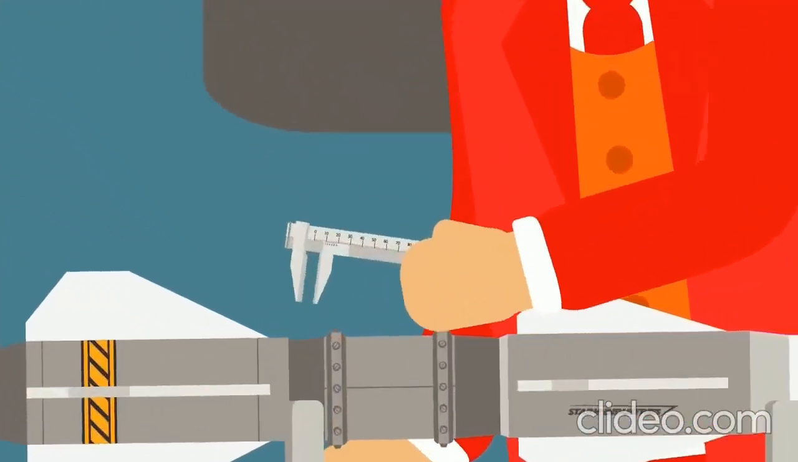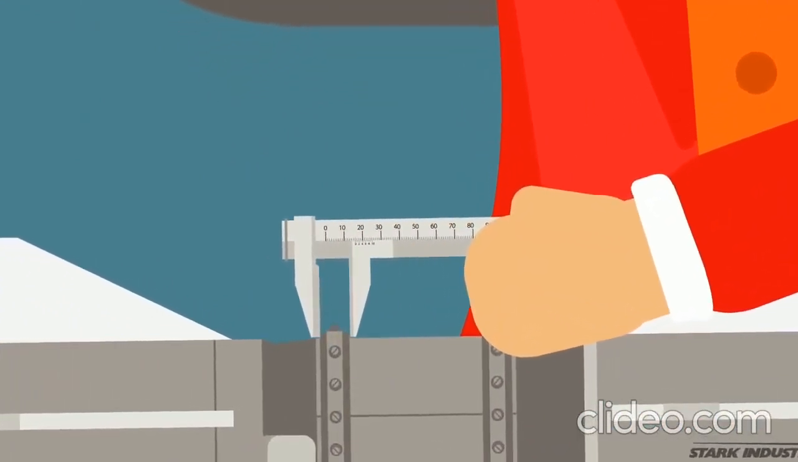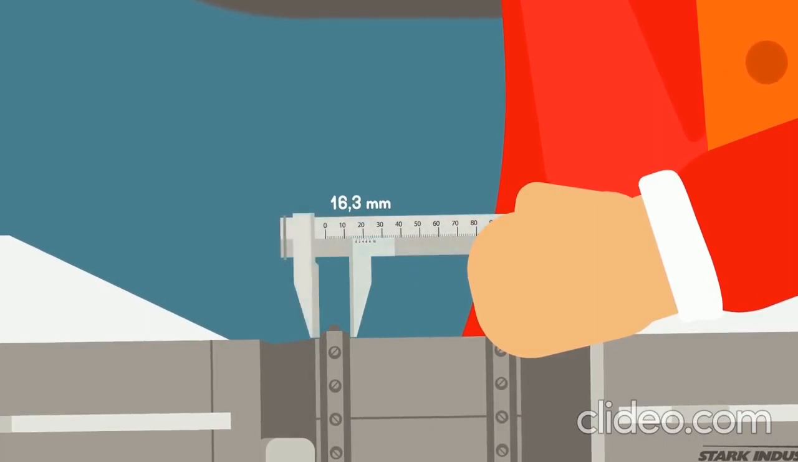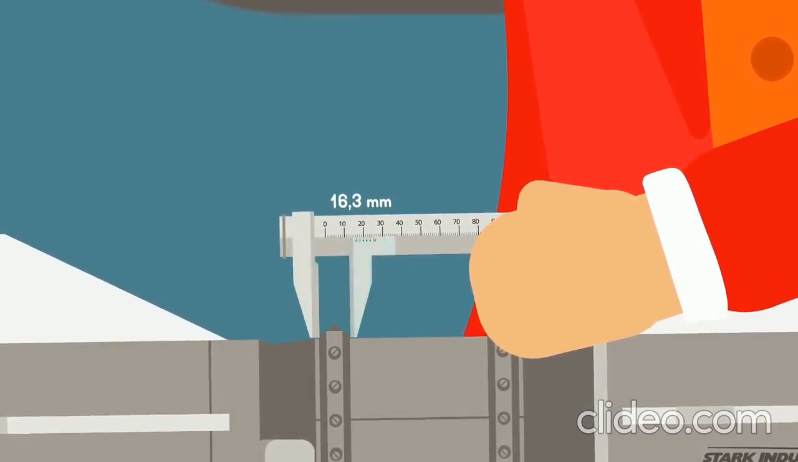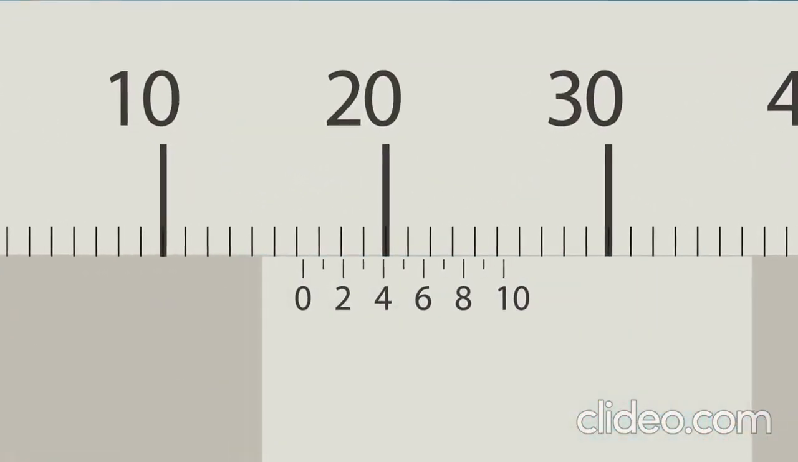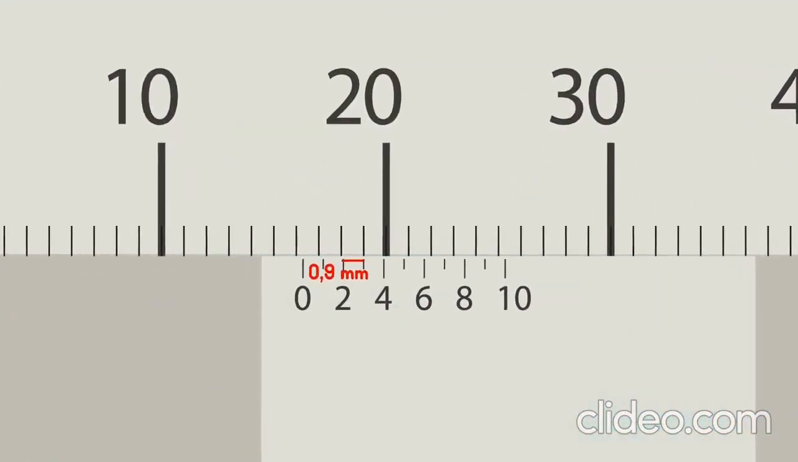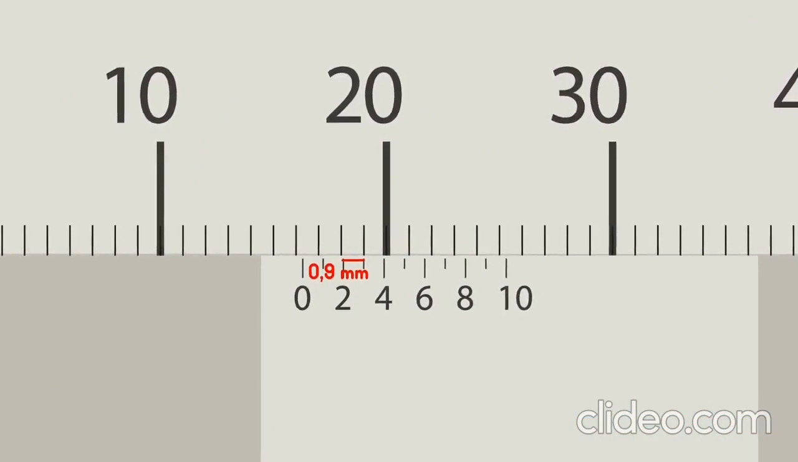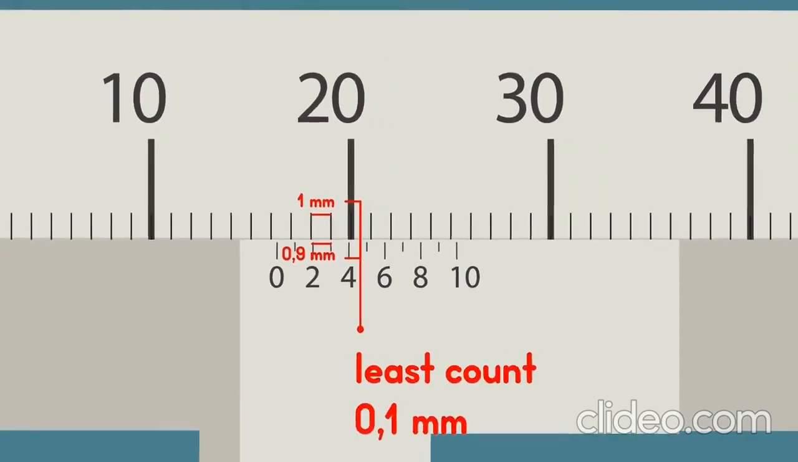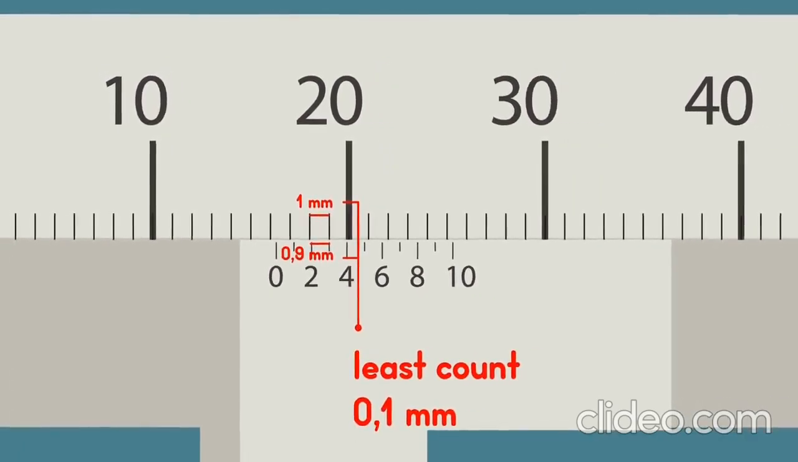To obtain an accuracy of more than 1 mm in our measurements, we use a vernier caliper. It has a main scale and a vernier scale, parts of vernier caliper located on its jaw. A vernier scale has 10 divisions on it, and each division equals 0.9 mm. Thus, the difference of one main scale division and one vernier scale division equals 0.1 mm and is taken as